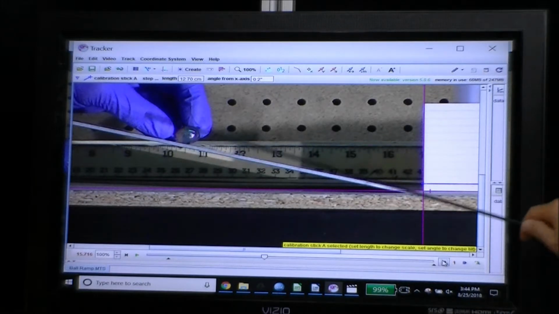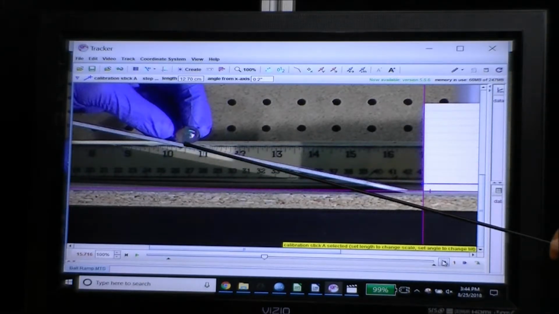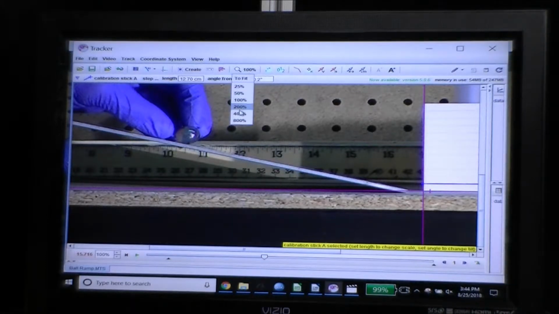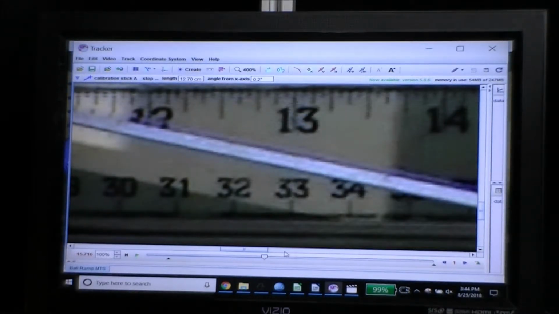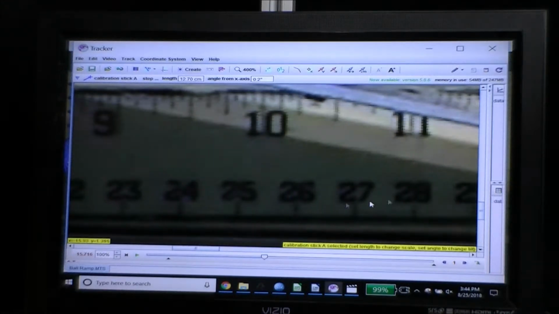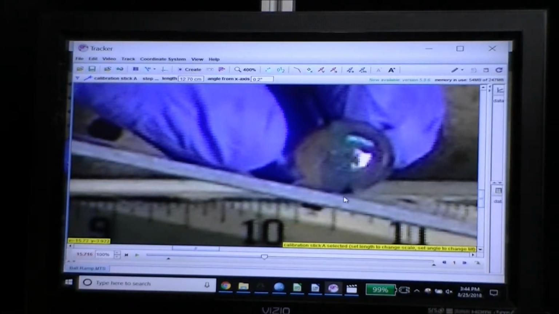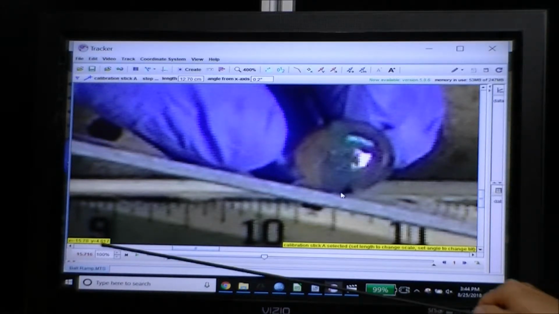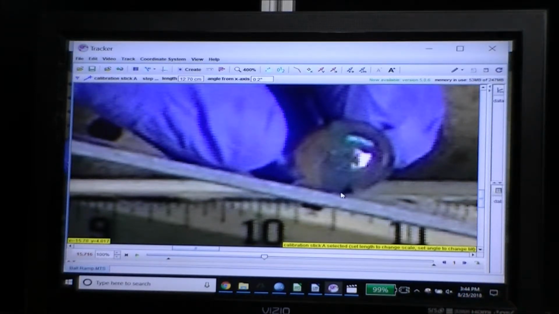Okay, we've moved forward until the marble is at the third tick mark and the frame just before the marble gets released. So let's go ahead and zoom in to 400%, and then determine the position of the bottom edge of the marble is 4.017, and we're getting that number from here. This is the y coordinate at that point. And now we go ahead and readjust the